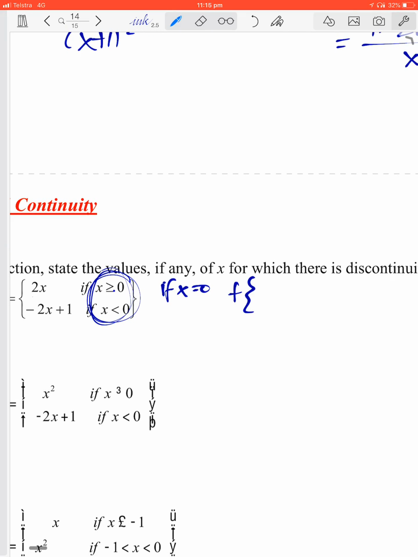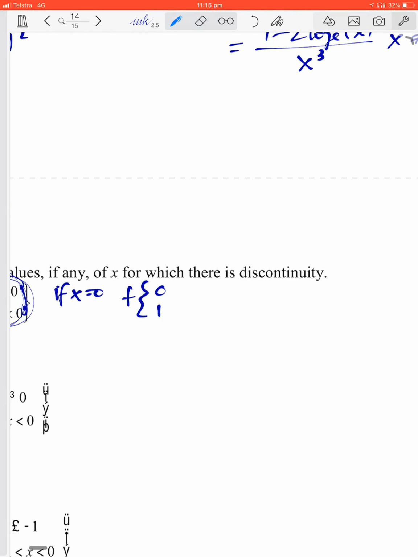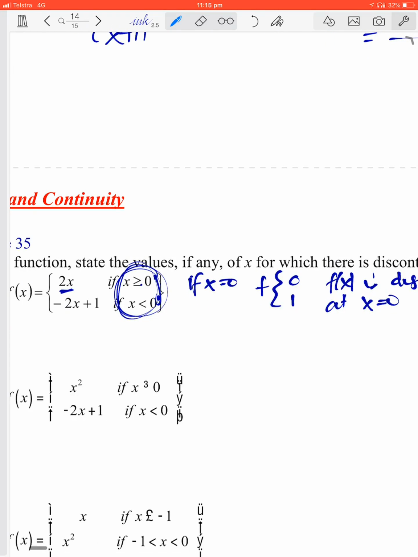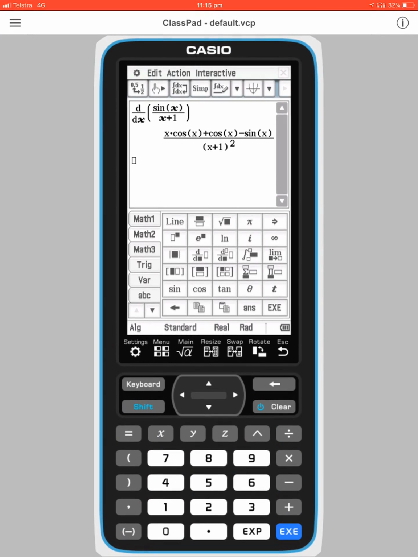The top one, if I put 0 into this, I get 0. And if I put 0 into negative 2x plus 1, I get 1. So because they're two different values, we would say f of x is discontinuous at x equals 0. Because if we were to sketch this graph, 2x, negative 2x plus 1, I can go